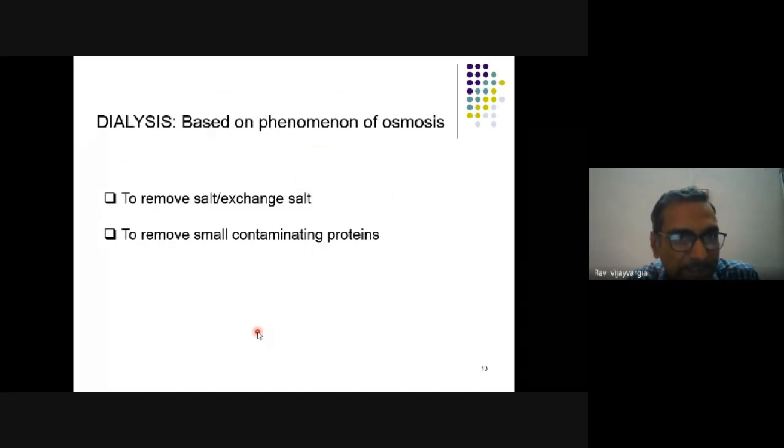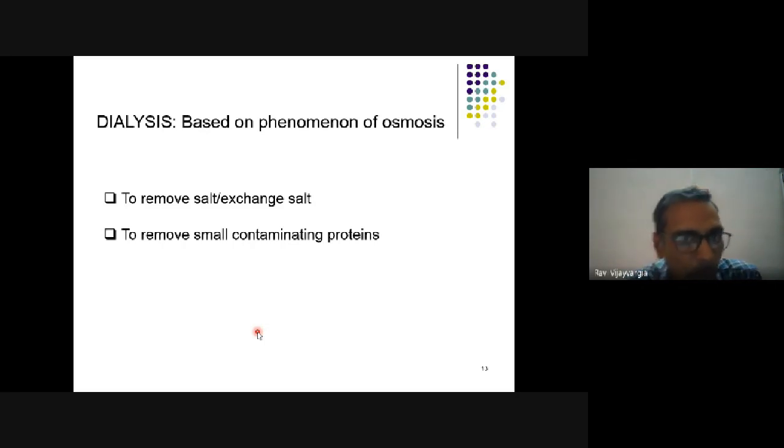So you can use a dialysis bag with a cutoff of say 250 kilodalton. So what will happen? All the proteins which are 250 kilodalton and smaller will move out of the dialysis bag. Only the larger proteins will be retained in the bag. So by doing this single dialysis step, you are able to enrich your protein of interest many-fold, because all smaller proteins are out of the bag. Now you can collect the content of the bag that will have your protein of interest and very few